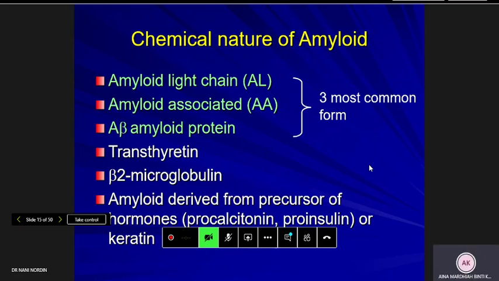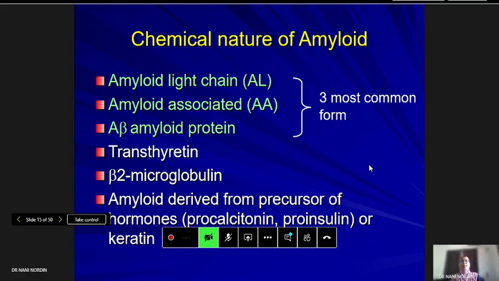Immunoglobulins. Light chain is part of the structure of immunoglobulins, so accumulation of light chain can form amyloid. Amyloid associated proteins are from inflammation. These are proteins that are secreted during inflammation,